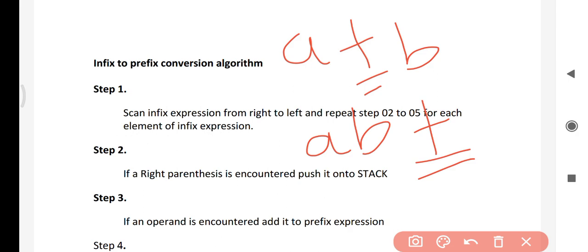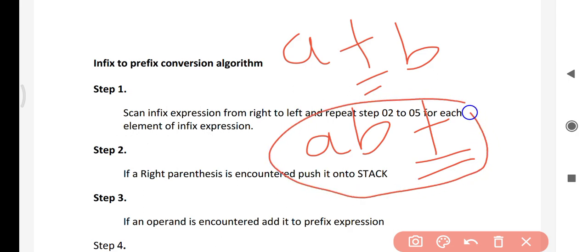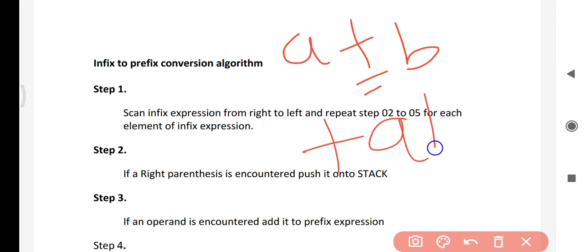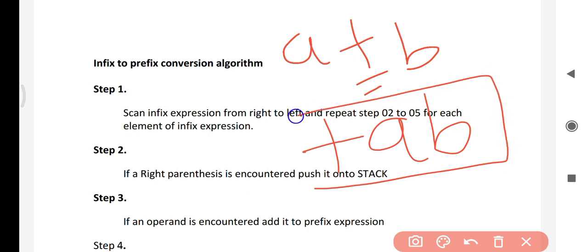We are not going to see postfix. We have already covered postfix in earlier lectures. In this lecture we are going to see the expression where we write the operator first, followed by the operands: +AB. This type of expression is called a prefix expression because the operator is written prior to, or before, the operands.